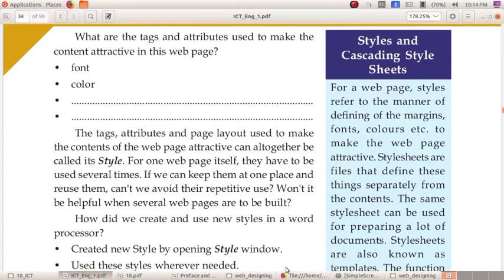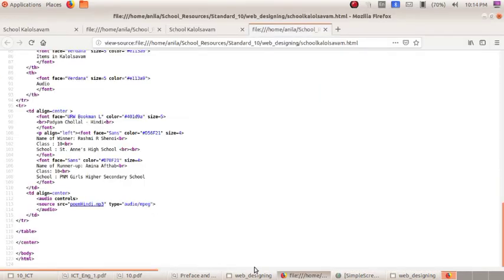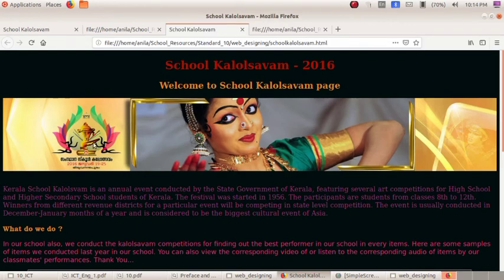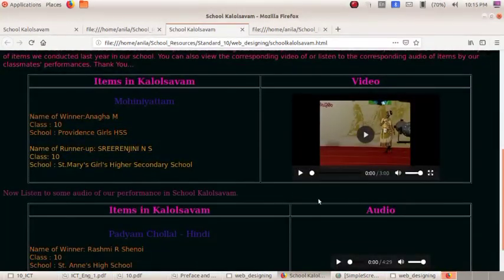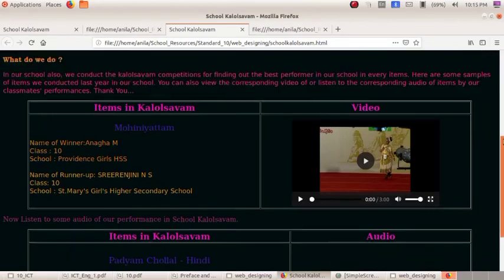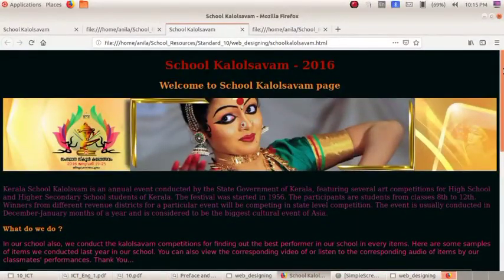See in this web page, what is the information? Yes, this heading, this text. These are all the information. So this information can be called contents.